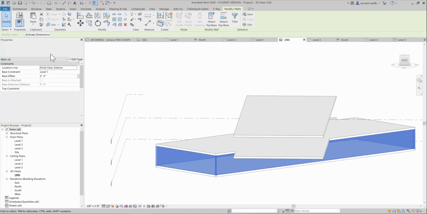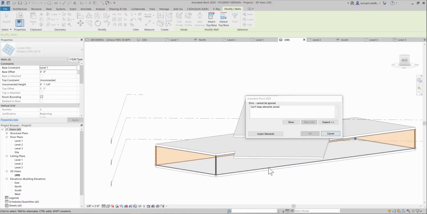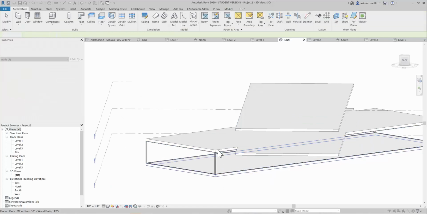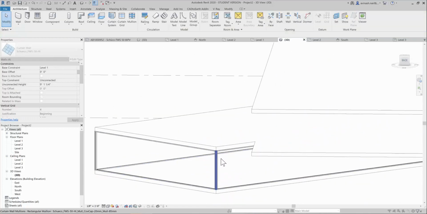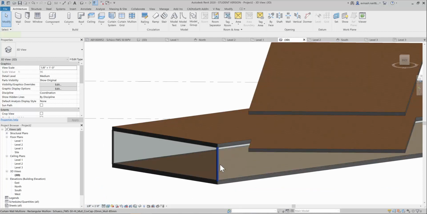Now if I go here and change this wall to curtain wall, it gets converted into facade and can't keep elements joined. Okay, so let's unjoin it, it's fine. Okay, now you can see a facade has been created. I'll go to maybe realistic view, and